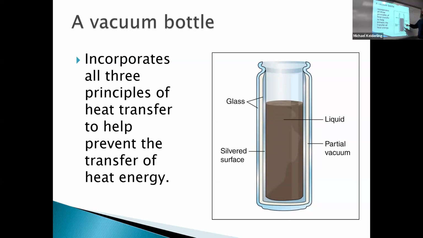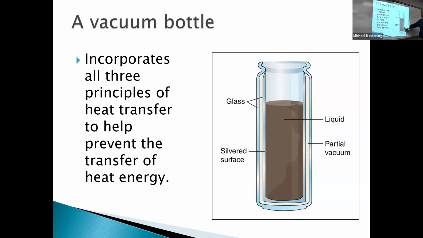This is made of 2 layers of glass with an empty space in between with the air pumped out. Similar things are done for those insulating drink cups. They remove the air. They have a partial vacuum in between the 2 layers of glass. And then the inside layer is silvered, so it reflects radiation back in, or reflects radiation from the outside back out to prevent